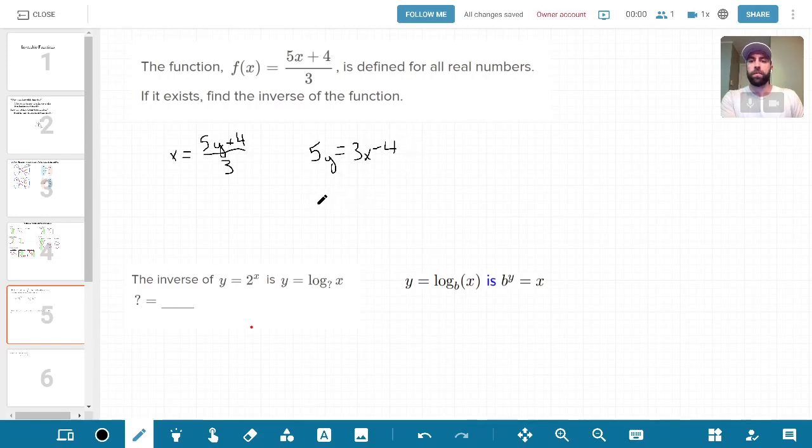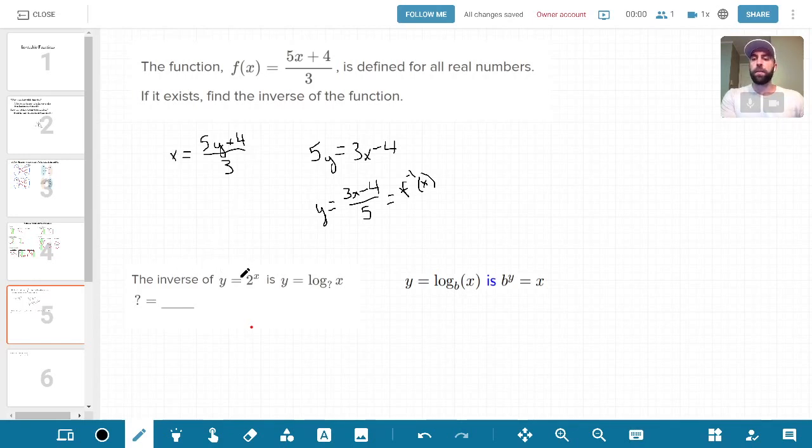And if we solve for y, we get y equals (3x minus 4) over 5. And this is also equivalent to f negative 1 of x, which is a notation for representing the inverse of the original function. The inverse